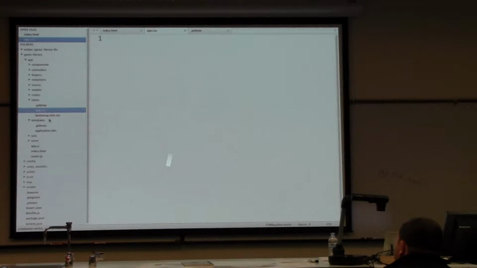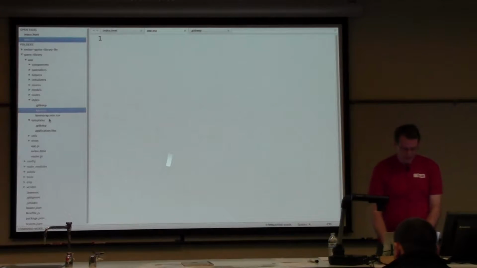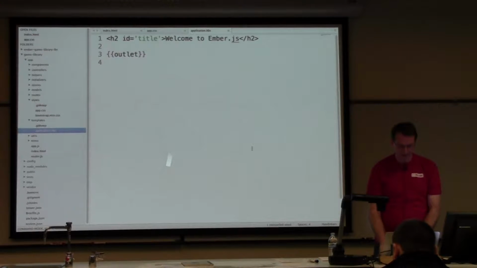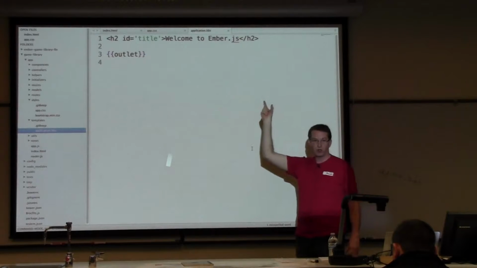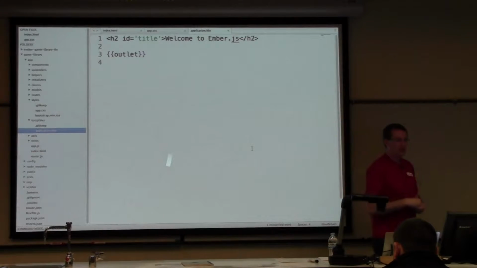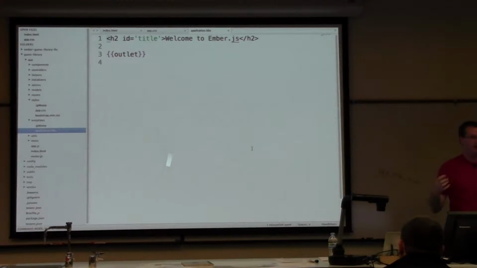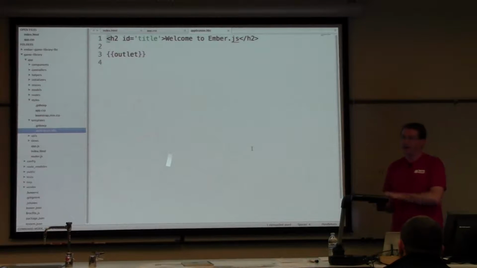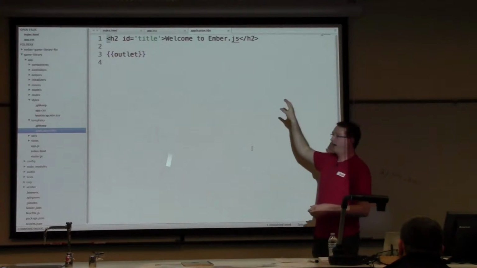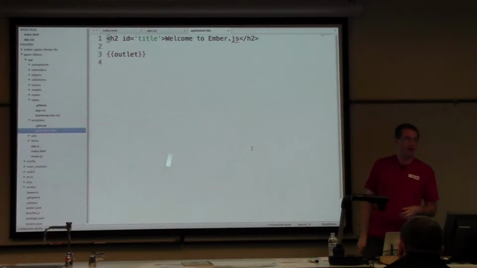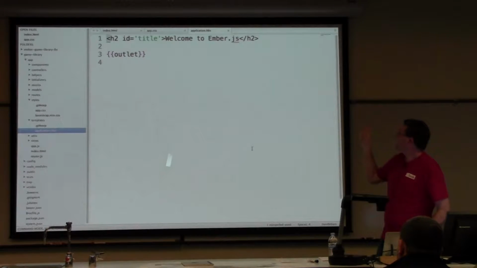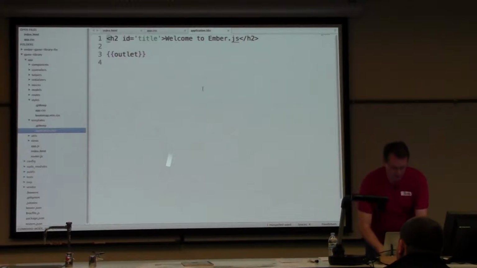Ember uses Handlebars to create those templates. So we have an application.hbs, and right now you can see this is our welcome to Ember. That's where our title came from earlier. The application template's kind of like your layout frame. Everything is going to render inside of the application template. So here you'd put your generic layout, and then where you want your content to change, you put that outlet tag. Okay, so we're just going to put a real basic Bootstrap theme in here